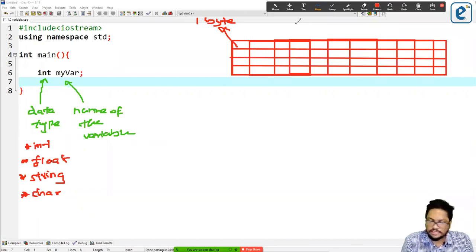Let's say it represents 1 byte. Now the thing here is that you have your RAM like 2 GB, 4 GB, 8 GB, 12 GB. Likewise, you have your RAM in different types of memories, so different memory spaces are available in your RAM.